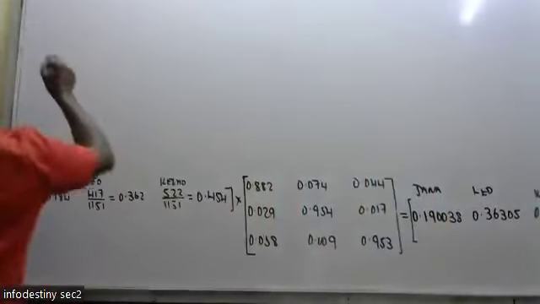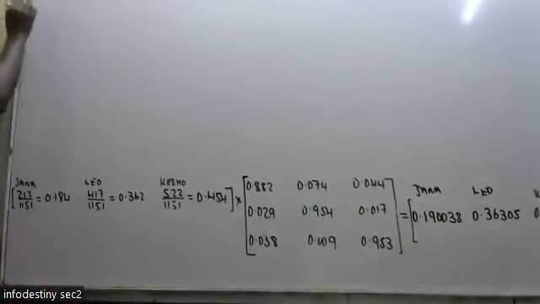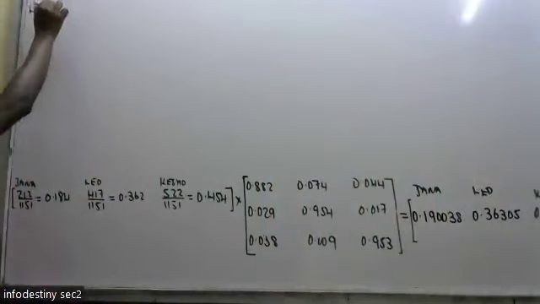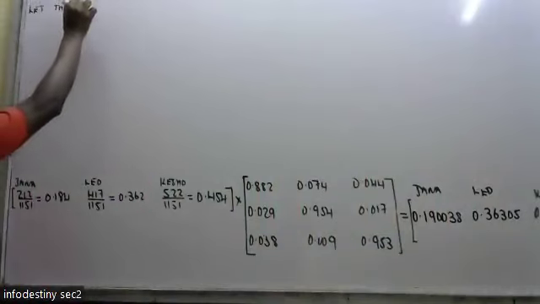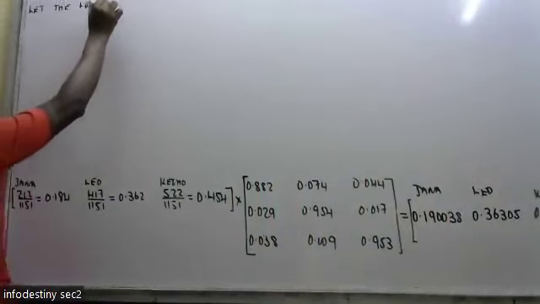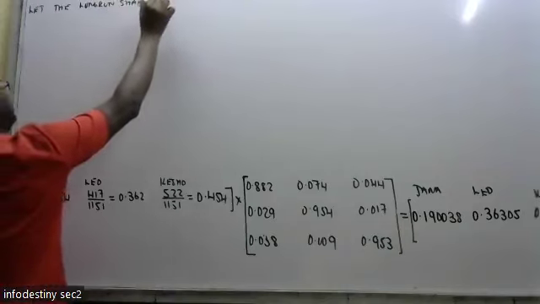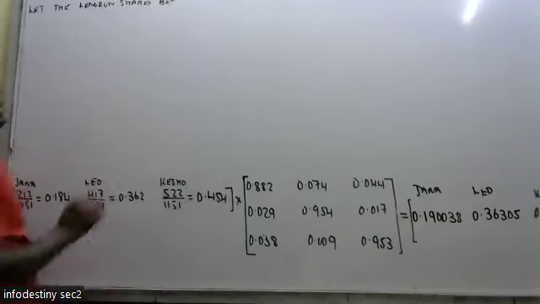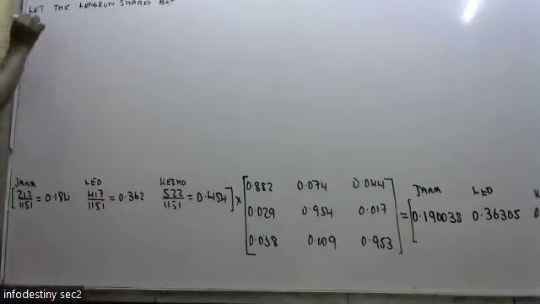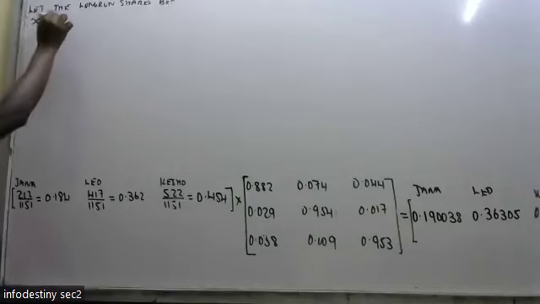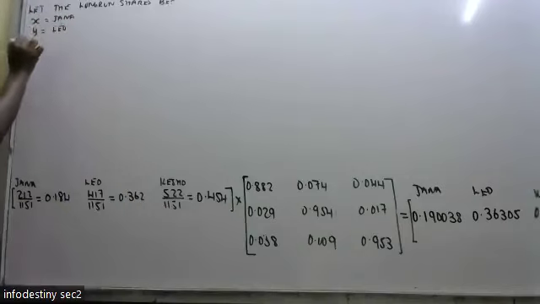You come here and say, let the long run shares be X to represent Jana, Y to represent Leo, and Z to represent Kesho,